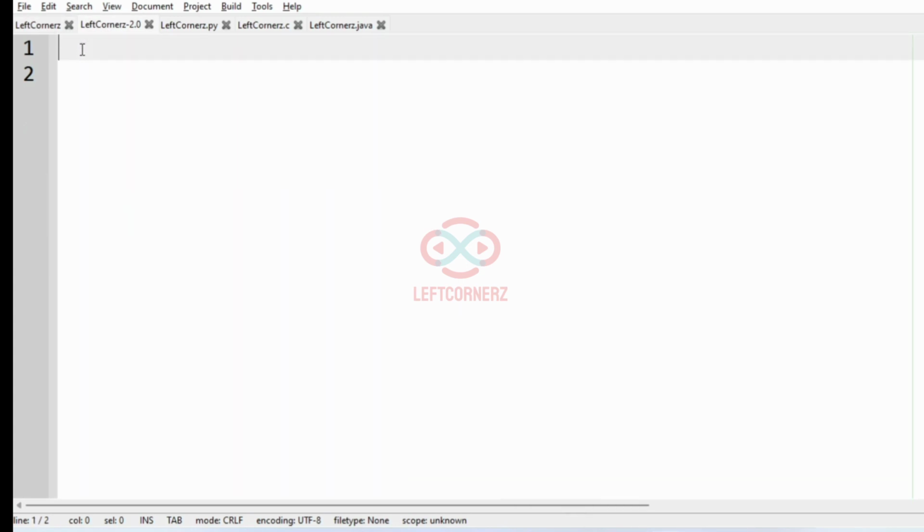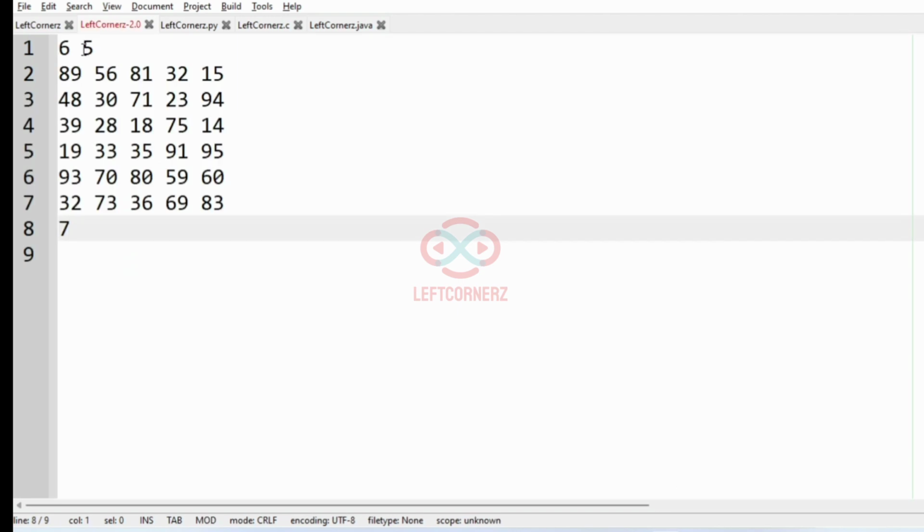So in this test case, we have 6 rows and 5 columns, and the integer x is 7. So we have to print the 7th diagonal as the output. So the diagonals present in this test case will be starting from 32. So the first diagonal is 32, and the second diagonal is 93 and 73, and the third diagonal is 19,